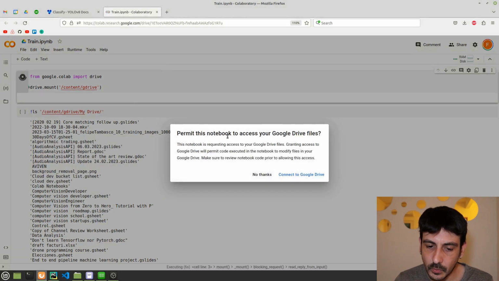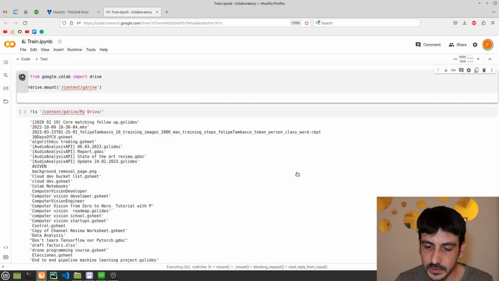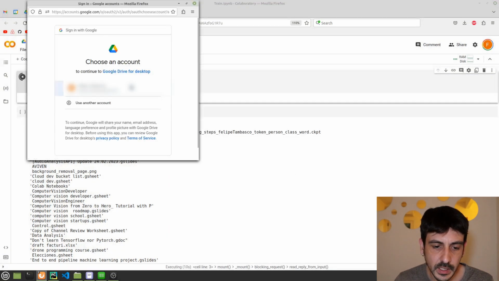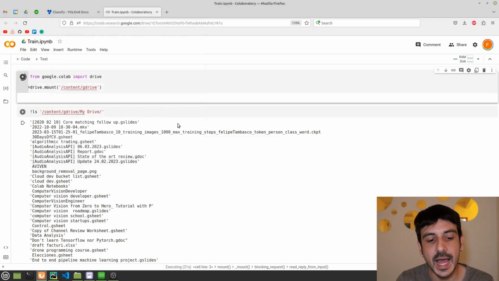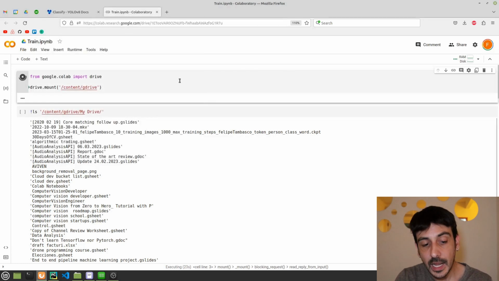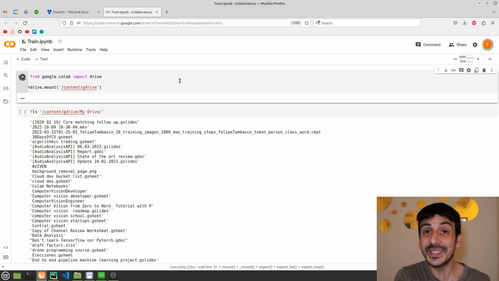There you can see that it's requesting my permission. I say connect to Google Drive, and then I select my account, scroll down to the bottom of this page and click allow, and this is going to allow Google Colab to access all the data you have in your Google Drive. So this is a very important step.